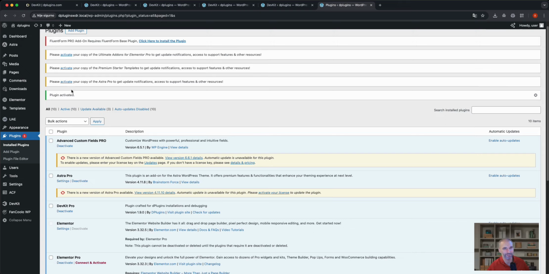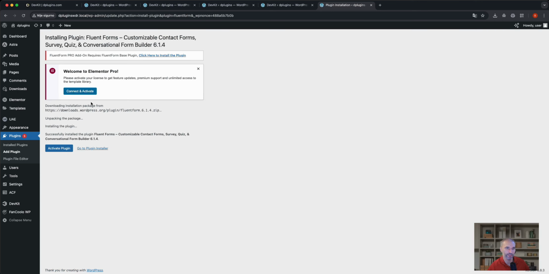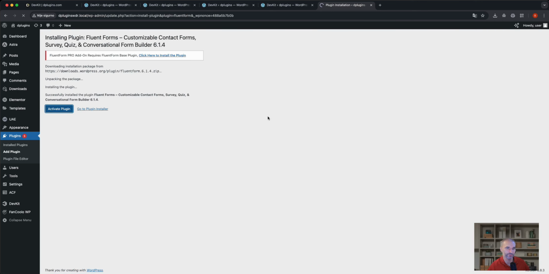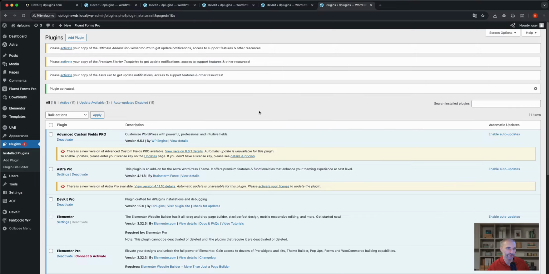For installing plugins. So click here to install the plugin, because Fluent Form Pro needs the basic or free plugin. So let's go install this plugin as well. Okay, and I will do this now. Okay, so as you can see, it's much more simple, and in this way you are able to install themes,